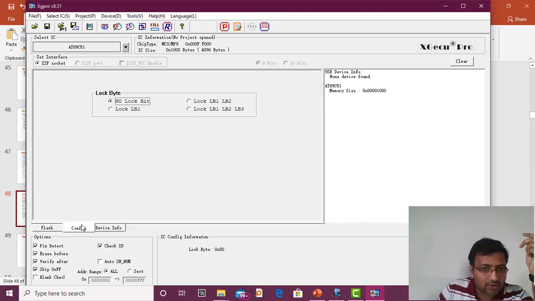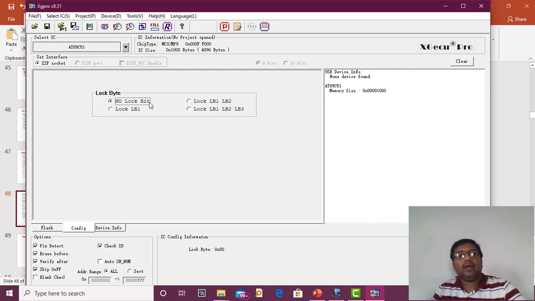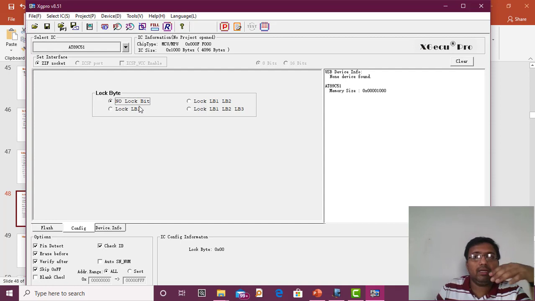Then we can also have a configuration. Here the default configuration is no lock bit, so you can lock your IC. There are three different configurations to lock your IC. As I told you, there is a lock bit available for security purposes. So in this way, you can lock your IC using no lock bit, or lock bit LB1, LB1 LB2, LB1 LB2 LB3. So there are three different security levels available: single, two layer, three layer security. Okay, my recommendation is don't lock it, because once it is locked, the IC cannot be